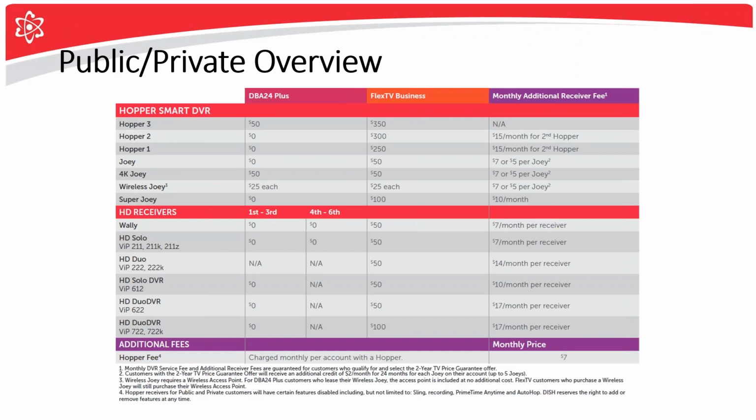Now you also have your business snapshot, just like your residential snapshot, and it's going to show you all of the different equipment. Again, it's going to be simpler than your residential snapshot because there are only 2 plans versus 5 plans. You notice your monthly receiver fees are going to go right along with your monthly receiver fees for residential. What that means is you don't have to learn a new set of pricing. You don't have to learn new packages or new promotions. It's going to stay the same for you when you're trying to sell to commercial as when you're trying to sell to residential.